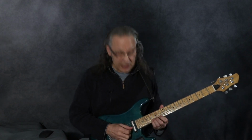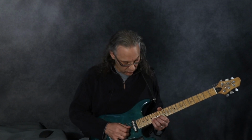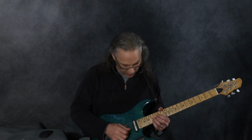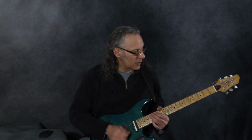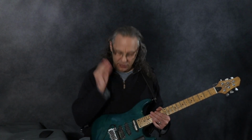But to do that, you really need to have the technique and work a bit on how you get that to happen. You can do it with a tremolo arm, or by pulling towards the bridge, pulling back. The same thing can happen with the tremolo arm. You can pull it down a tiny bit, pull it up a tiny bit. And if you're doing vibrato with the tremolo or with your left hand, that also does the same thing because it moves the pitch around. And you get away from that sour,